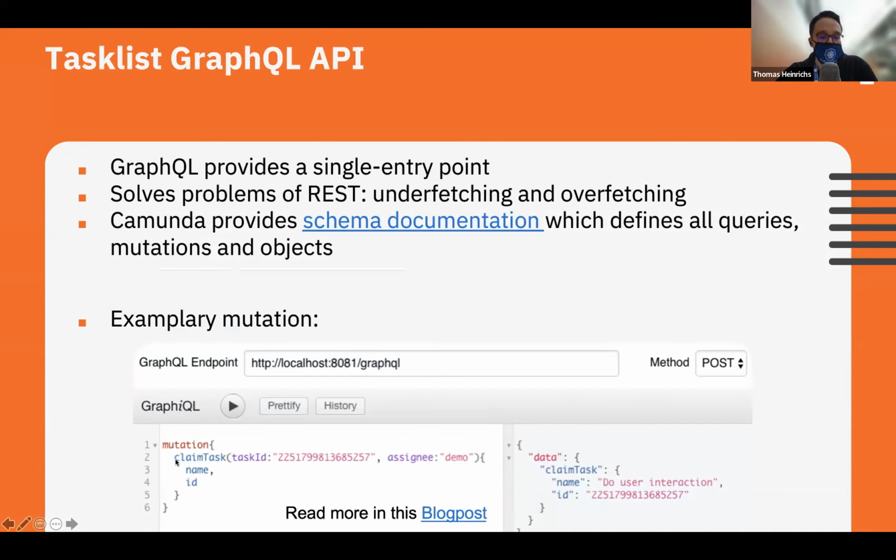So to claim a task, you need to provide an ID. You can set an assignee. And basically, you are then going to get a result back also. And of course, the benefit is that,